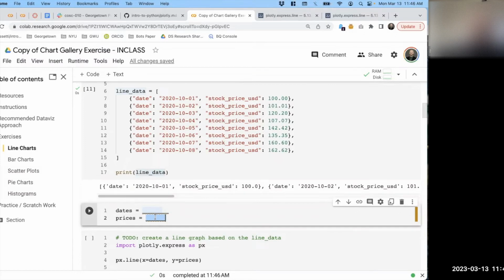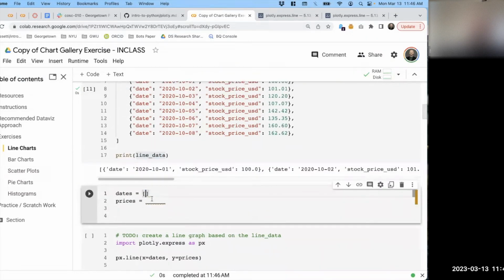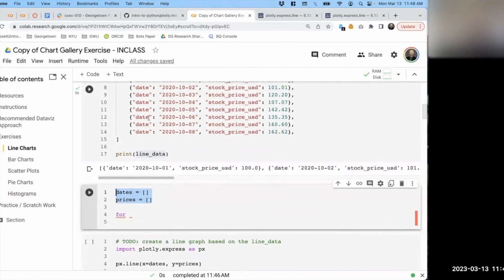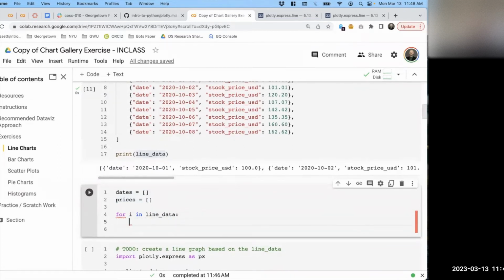Here we just want to do some mapping operations to transform our line data into a list of dates and a list of prices. Yeah, we'll just use our mapping operation. We could do two list comprehensions, or we could just use a for loop. Could we do it if we start like this? It would be like for i in line data. Yep. So for each dictionary in our list,